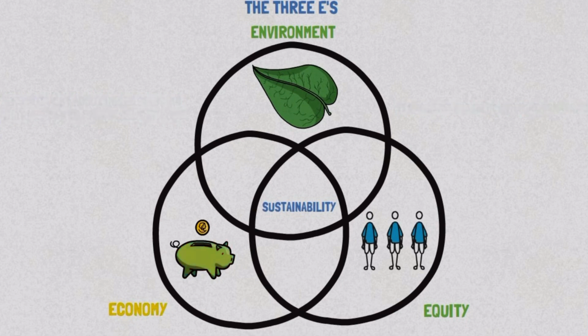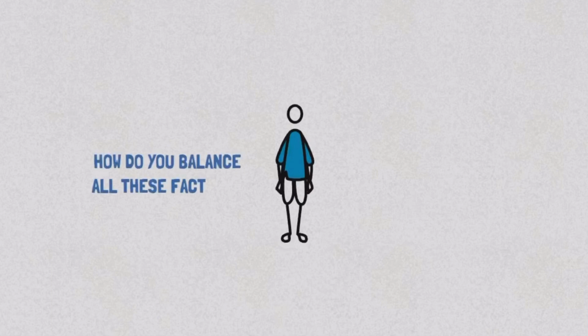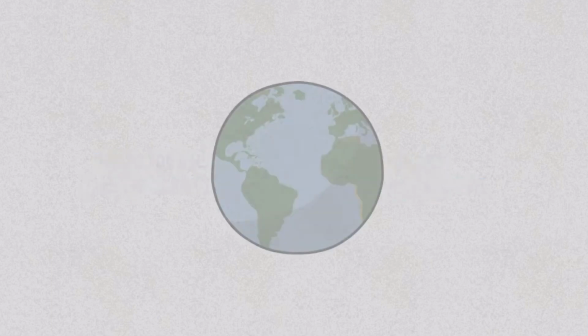So if you only look at short-term economic profit, then you're not going to end up with a thriving economy in the long term. If you're only looking at conserving the environment without thinking about economics and understanding how people are making their livelihood, you also may not end up with a thriving society. And if you aren't looking at equity, you're going to end up with a few people that have most of the resources and many people who are hungry and not living a good life. And that's not really a successful human society either. So sustainability is really about addressing all of those and understanding the connections between them.